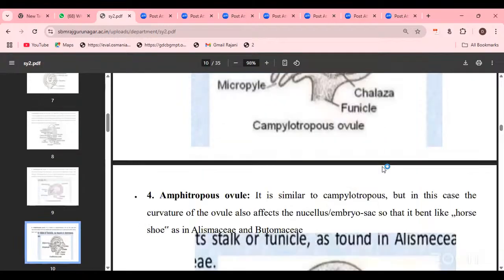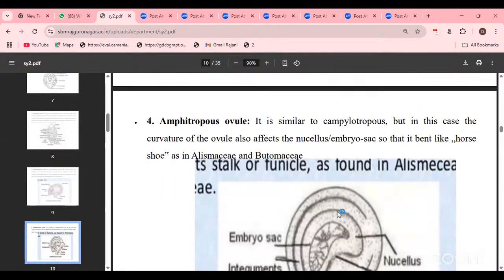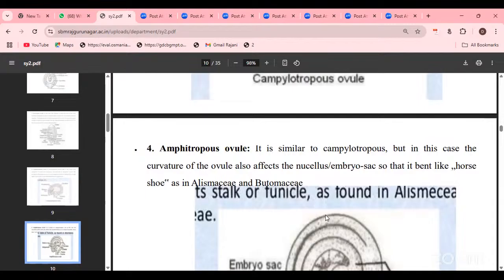Amphitropous. See, this is the amphitropous ovule. A 160 degree curve is there. It is similar to the campylotropous ovule, but in this case the curvature of the ovule also affects the nucellus and embryo sac, so that it takes a horseshoe-like shape. This is called amphitropous. Another name is the horseshoe-shaped ovule,